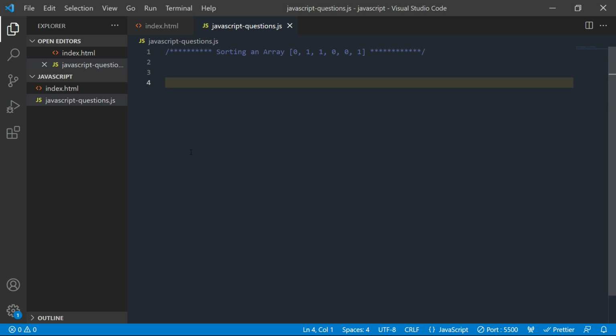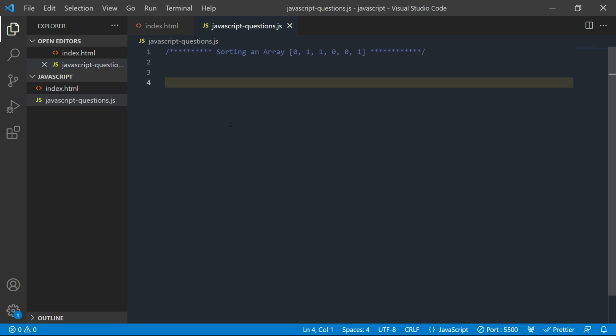So if you know the answer, you can pause the video over here and try it on your own. Later I'm going to give my own approach. Alright, here is my approach. First we will count the number of zeros in the given array and add those zeros first to the array, and add the remaining ones next to the zeros in the same array. That's it. So let's see how we can write it in code.